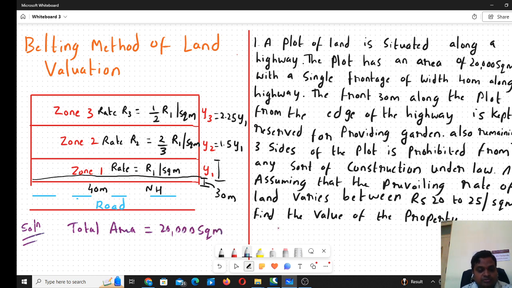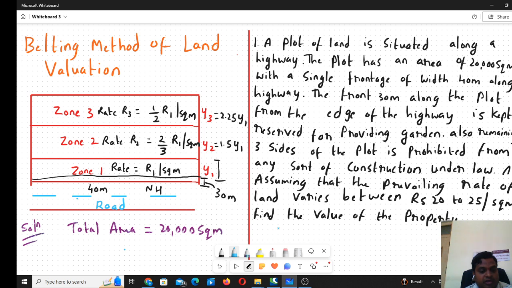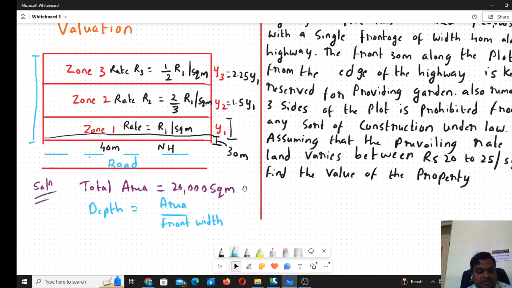In this, what I know is that the front width is 40 meter, but I need to find the depth. This is the entire depth. Depth is equal to area upon front width, so this will become